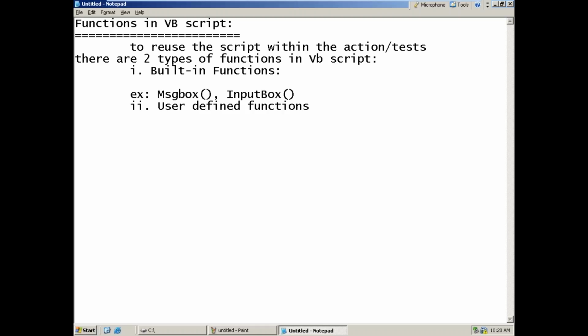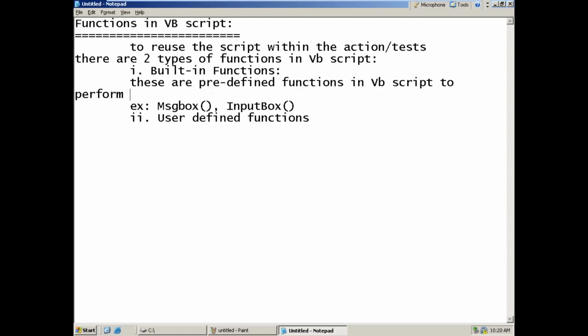They defined some program, and according to that, it will display the user message or read the values. Now the built-in functions are predefined functions in VBScript to perform a particular operation.